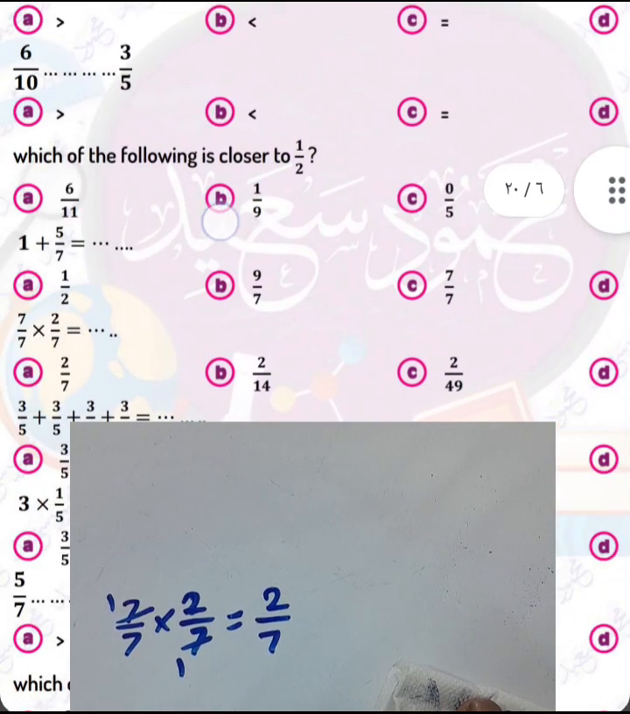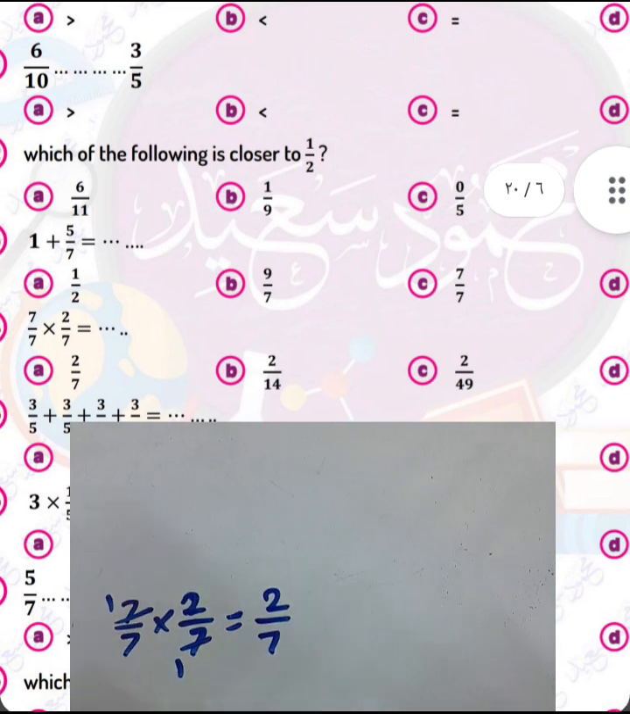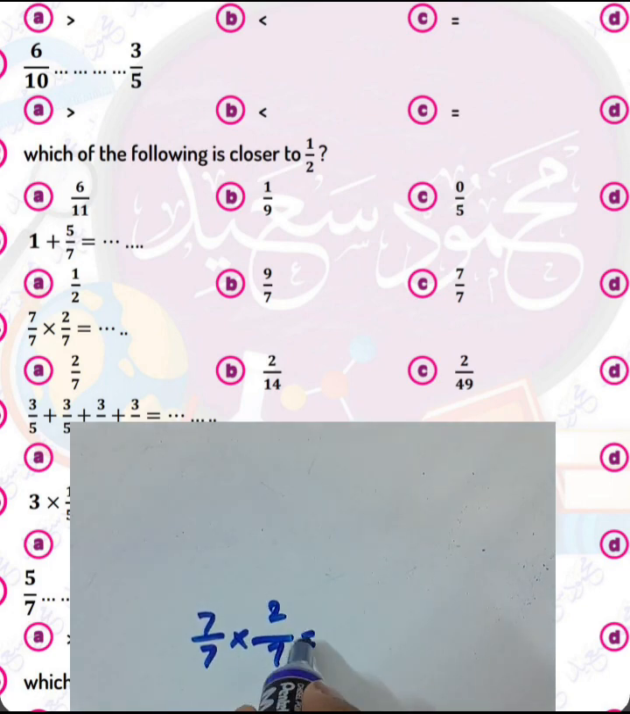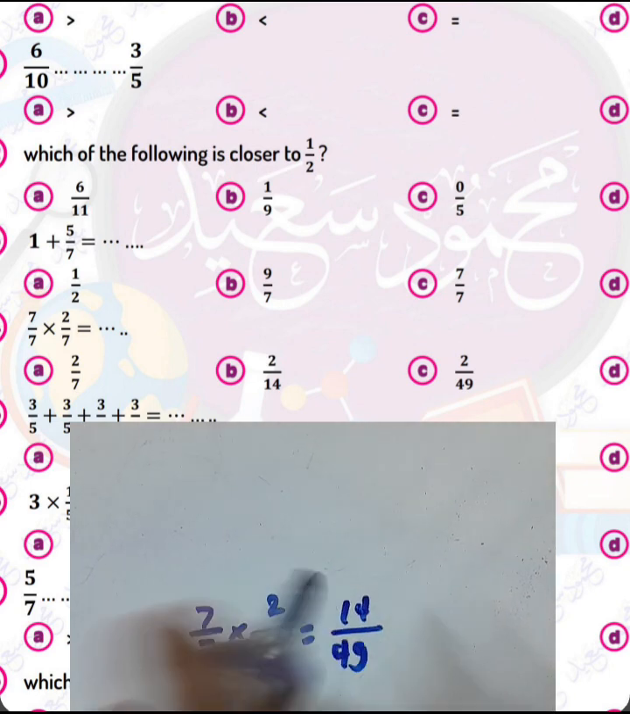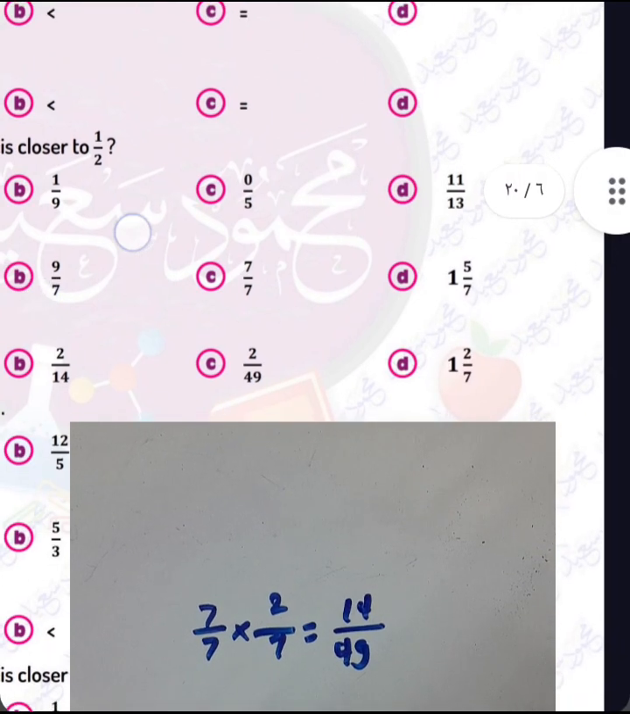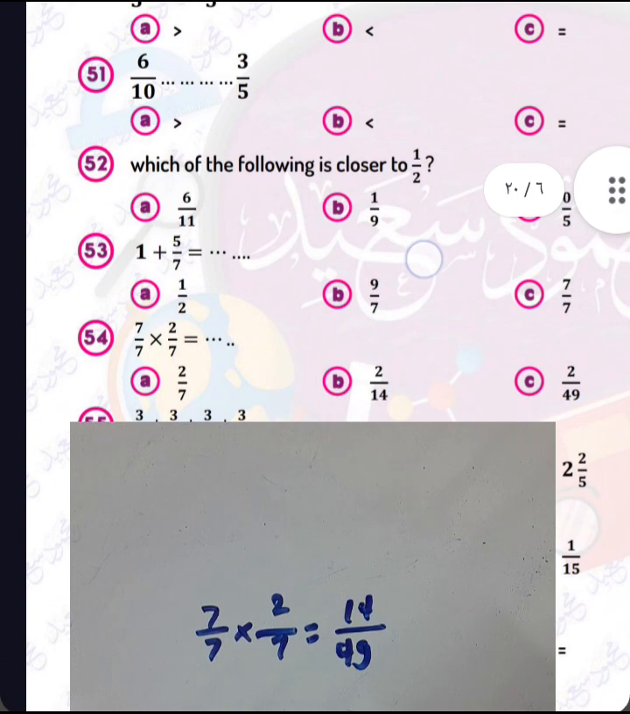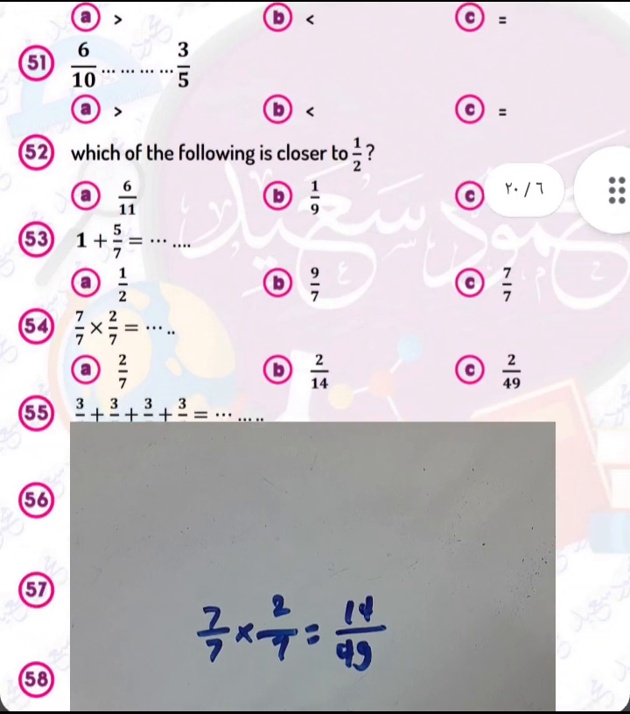2 over 7, or you can find the product between numerator and numerator. You won't find the result. Don't write in the simplest form, because in this choosing here you won't write what, 7 times 7 is 49, and 2 times 7 equals 14. So you must write 14 over 49, where